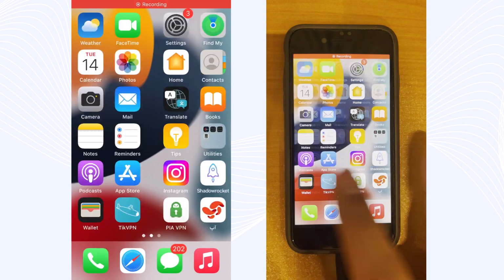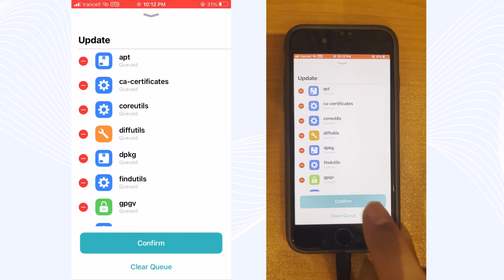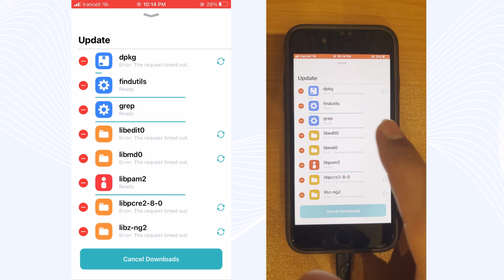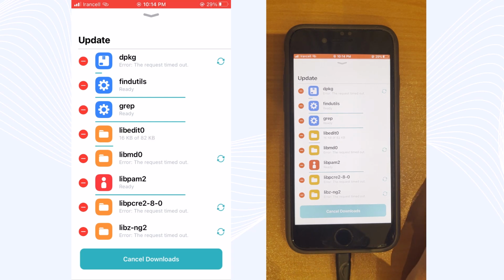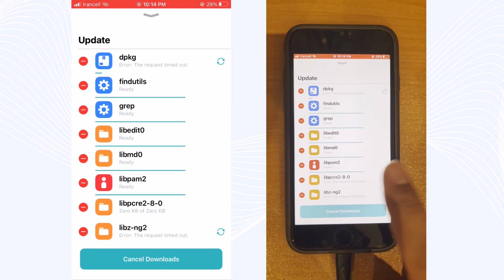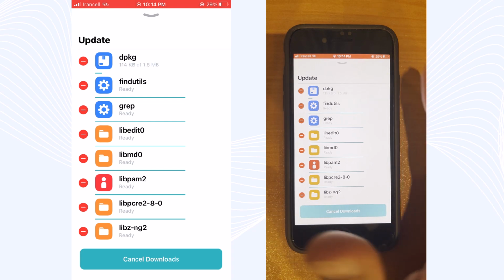And in case you have a problem downloading the packages, just run a VPN, close Silo just like me, and open it again and try to download all of the packages again. For the packages which didn't download completely, just tap on the recycle icon here just like me and try again to download them, and keep this process going till all of the packages are downloaded.